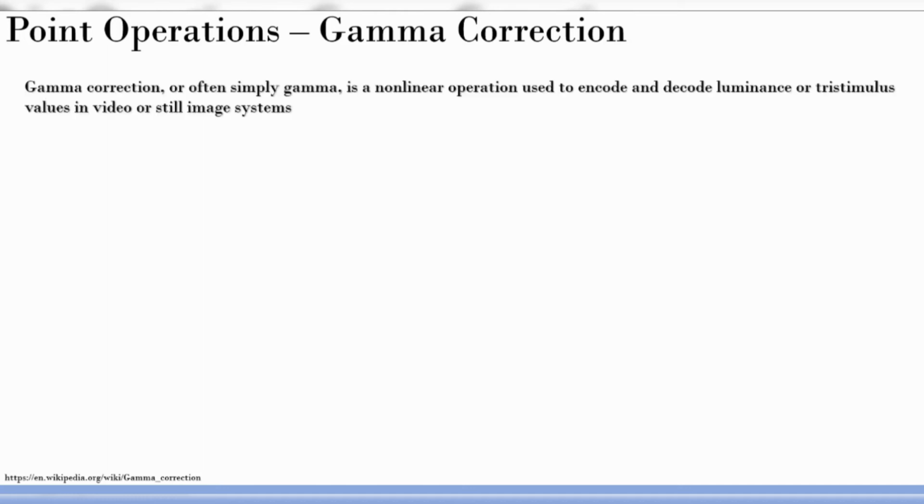Gamma correction, or often simply gamma, is a non-linear operation, because linear means a straight line, right? If I plot the output image intensity versus input image intensity, and it is linear, then nothing will happen. But gamma means it has some exponential shape, and based on that you change the input and output intensity. So there's a non-linear relationship from the input to the output, okay.